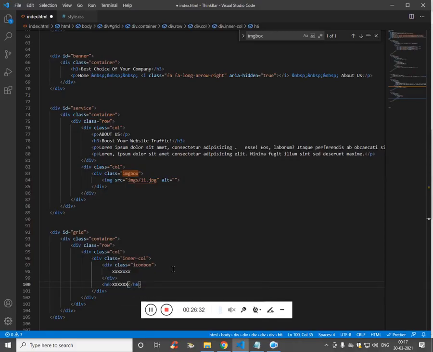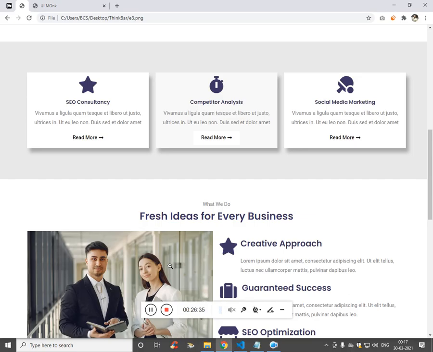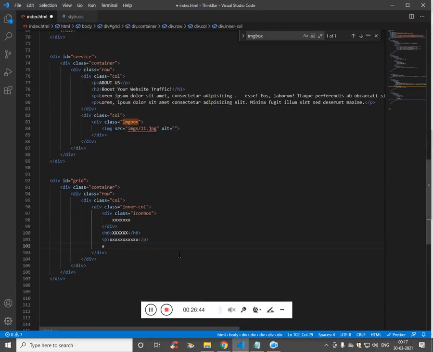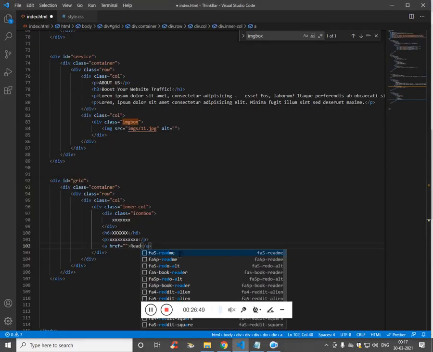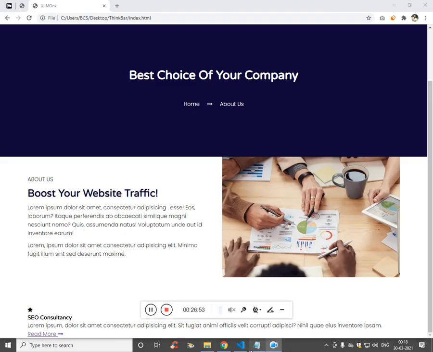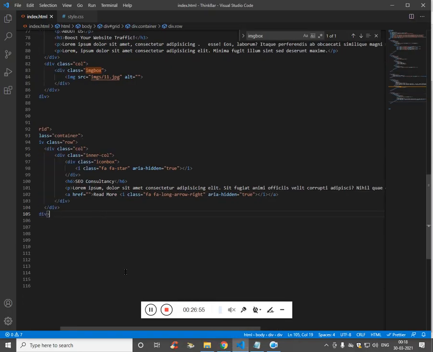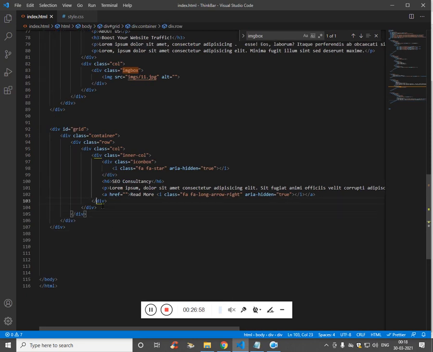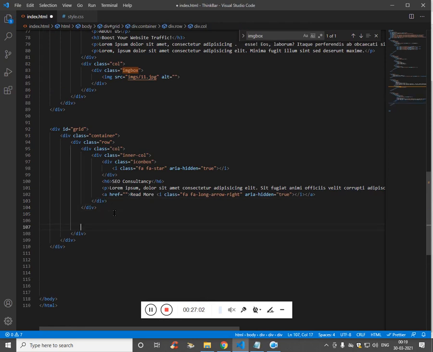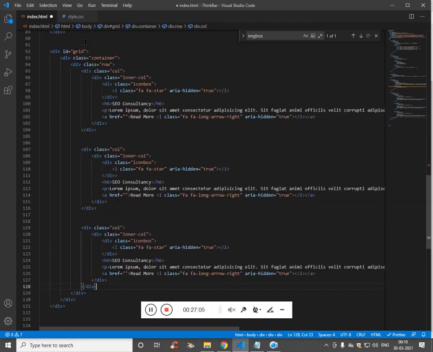h6 some text, and then we have paragraph lorem ipsum content, so we'll fill it. And then we have a link with a read more and the icon. So let me fill the content. So we have our first content ready. Likewise we need to make 3 more, column 2 and column 3. Now